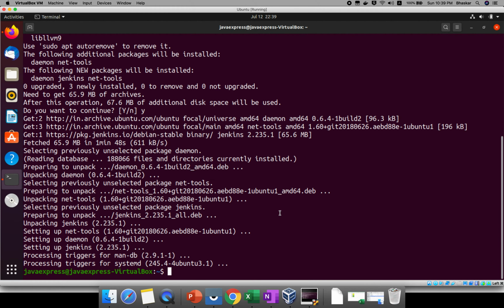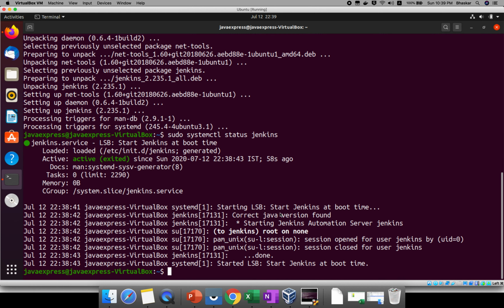Now your Jenkins is installed. If you want to check whether your Jenkins software is really running, how do you check? By using sudo systemctl, the system services, you can check the status. Run status jenkins.